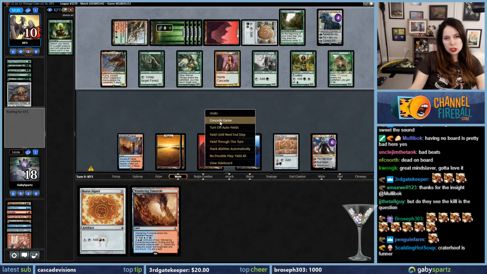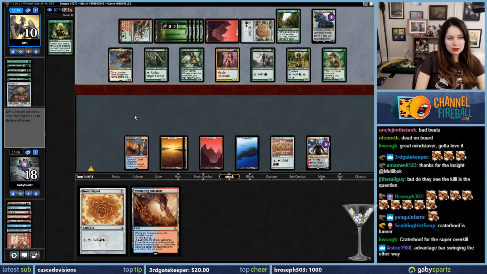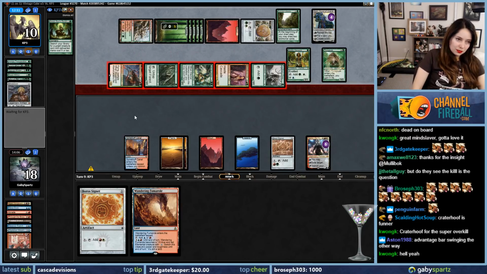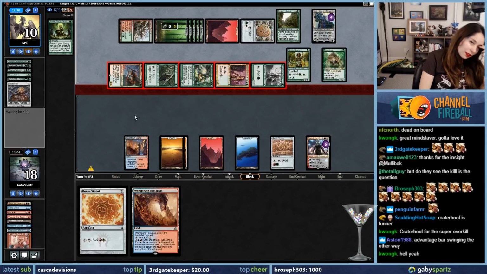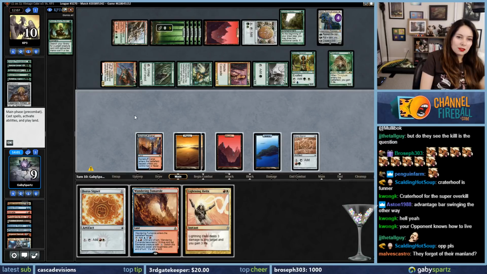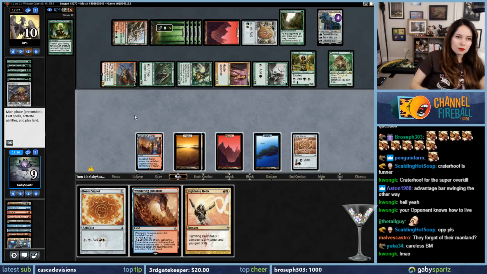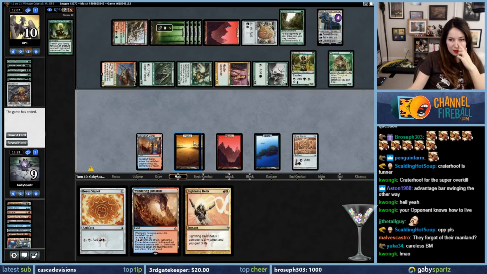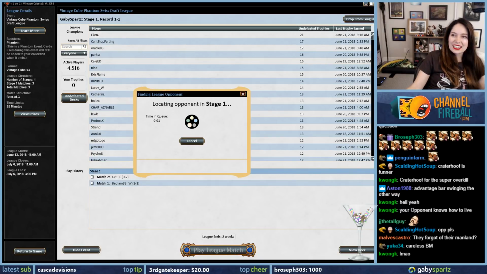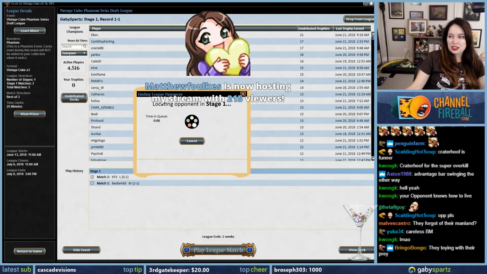My opponent's going for this, still had all these. Wait, they chose not to kill me while I was dead on board? I mean, look, I'm not forcing you to kill me, but... Your opponent knows how to live. The funny thing is, I don't think they actually were trying to go for the win. I do think that they didn't actually...